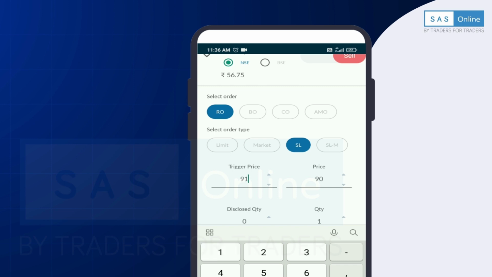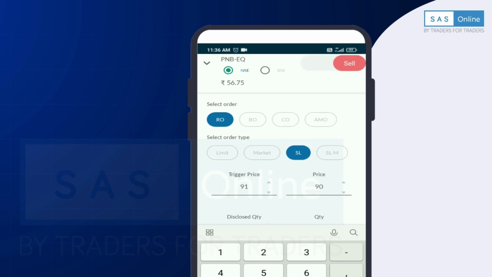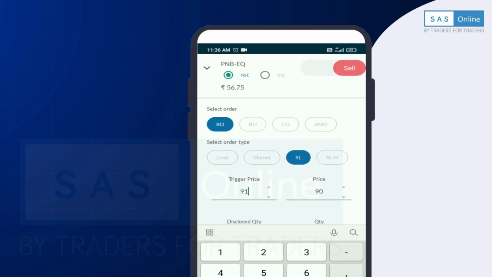We put 91 here. Then when the market comes down and hits your trigger price, that is 91, your trigger will be activated, and at the best price between the buyer and the seller, between 91 and 90, your order will be executed.